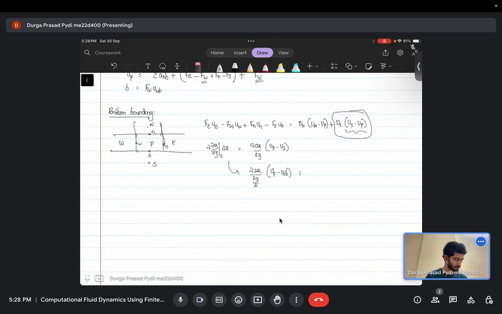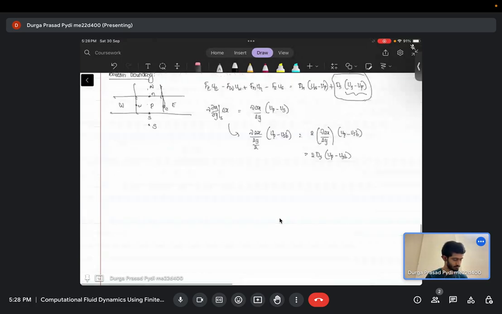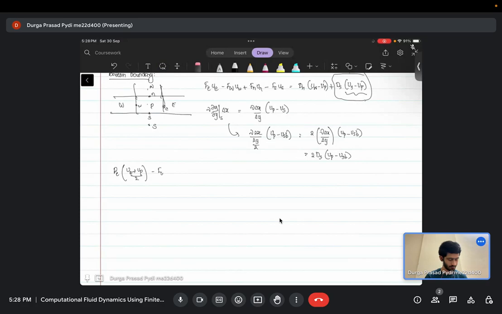So now you have something. We write this as our diffusion coefficients are constant, so we just write 2 times ds into up minus usp. So now if you write the equations, remaining everything else will be same, so use the central difference scheme, multiply 2, and then on the west face